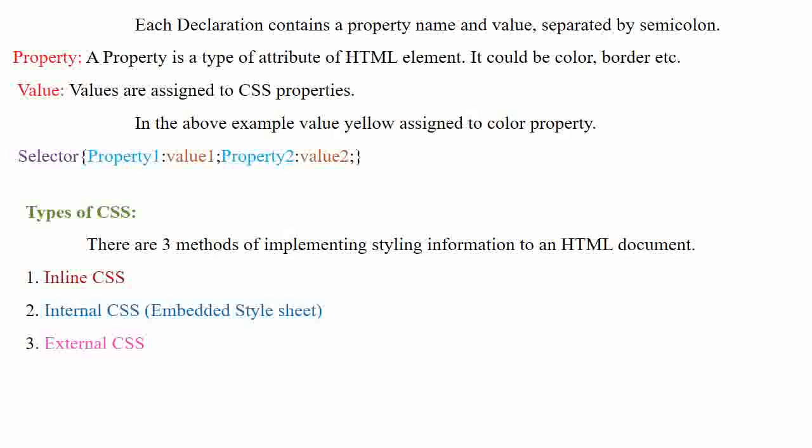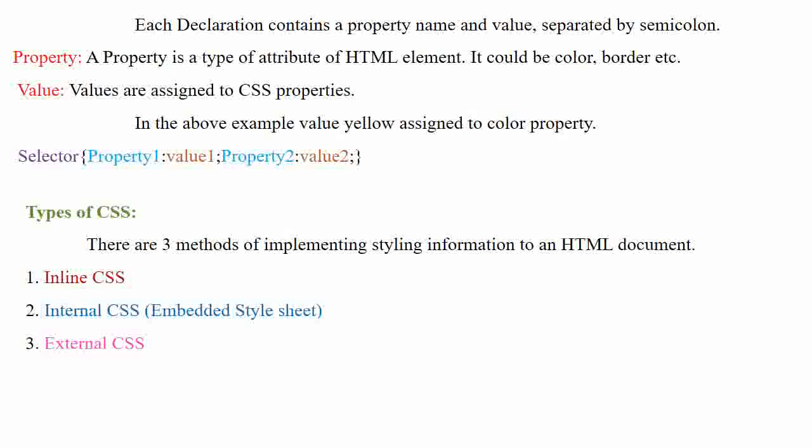As we see, the selector and declaration block have one property, color, having the value yellow. Here also we can see selector, property 1 colon value 1 semicolon, property 2 colon value 2 semicolon.